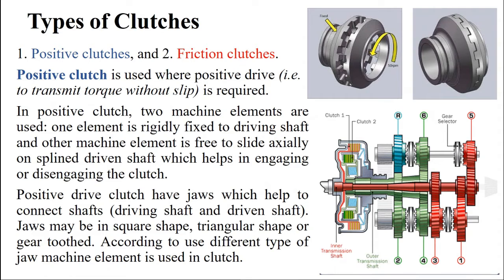You might have studied positive clutch and friction clutch, the different types of clutch. Positive clutch, basic example, jaw clutch, dog clutch. What is positive clutch? It is where the power transmission or torque transmission is almost 100% efficient. There is no slip. You can just see, in this case, this is disengaged. When it is engaged, when one moves, the other also moves. There is no chance of slip because their arrangement is in such a way, just like gear teeth.